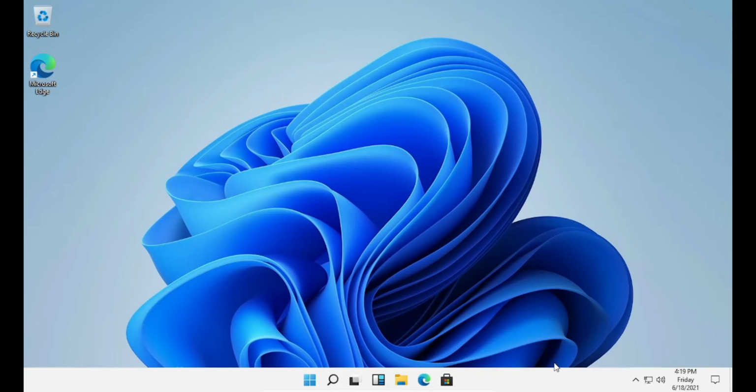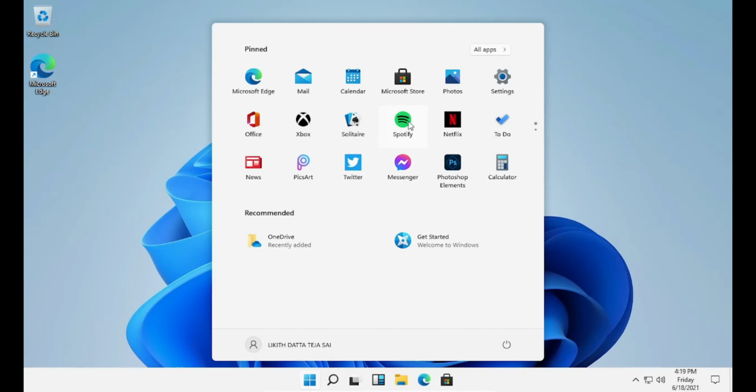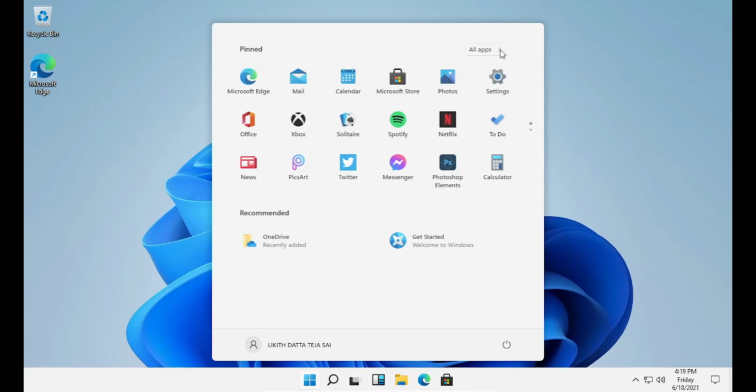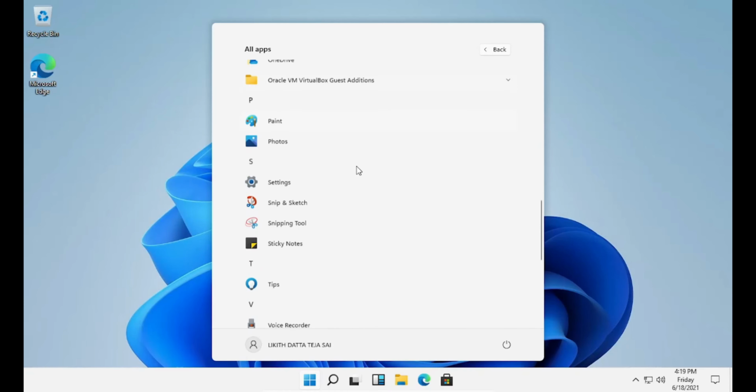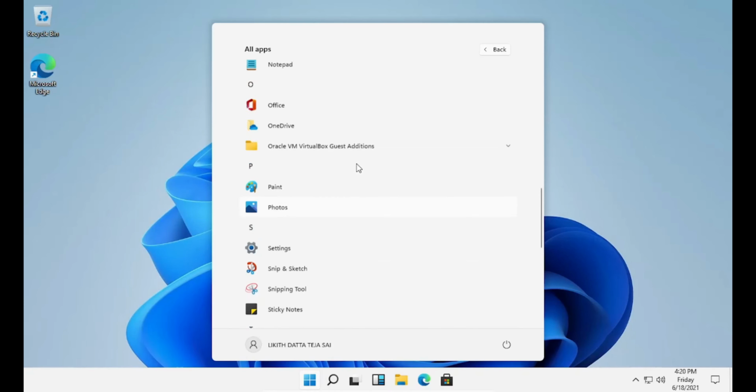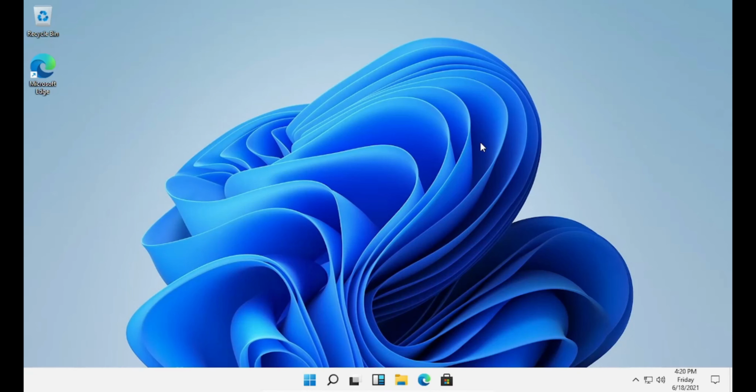Personally, I liked everything about the Windows 11 leaked version. Even the icons of every app are changed, our Microsoft Store and Microsoft Edge. Here we can see that we even have all the apps that are present in normal Windows 10, but everything is changed in Windows 11. Personally, I liked it very much.